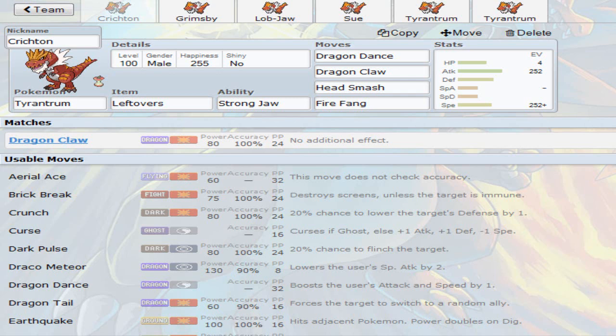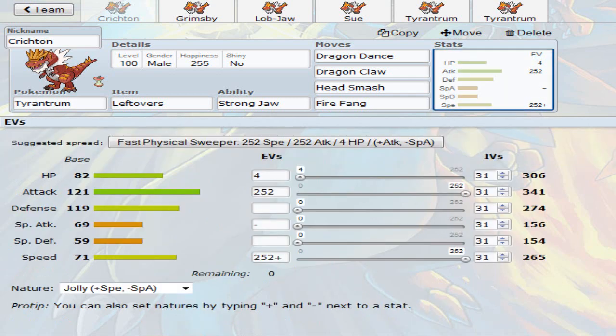And then the final move, I chose Fire Fang. I always think of Ferrothorn for resistances and stuff, but Poison Fang could also work really well on here for getting fairy types. I think Head Smash does plenty fine against fairies, so I wasn't too worried about that. I'd rather use Fire Fang for the steel types that are going to be coming in, resisting both the dragon and rock type moves. And then I gave him 4 HP, 252 attack, and 252 speed,